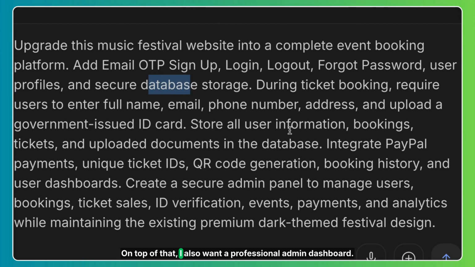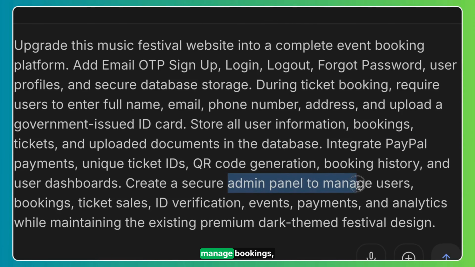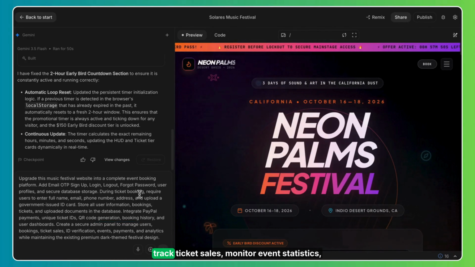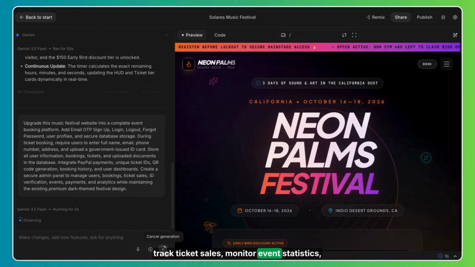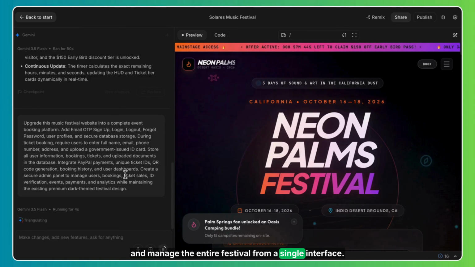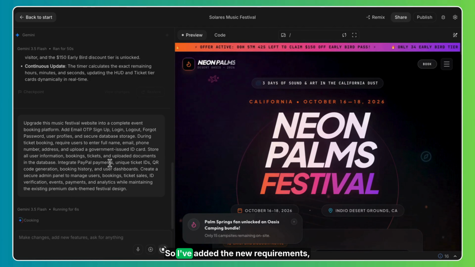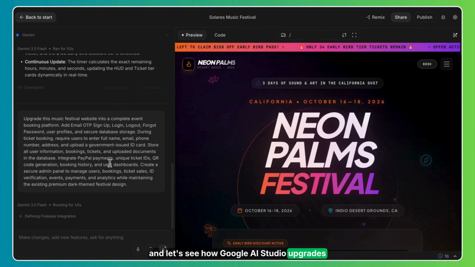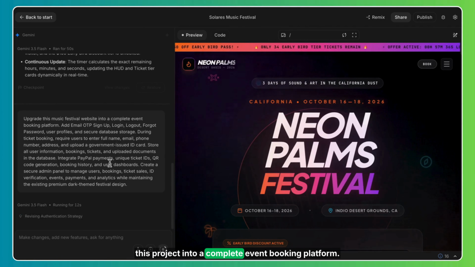On top of that, I also want a professional admin dashboard. The admin panel should allow organizers to view all attendees, manage bookings, verify uploaded ID cards, approve registrations, track ticket sales, monitor event statistics, and manage the entire festival from a single interface. So I've added the new requirements, and let's see how Google AI Studio upgrades this project into a complete event